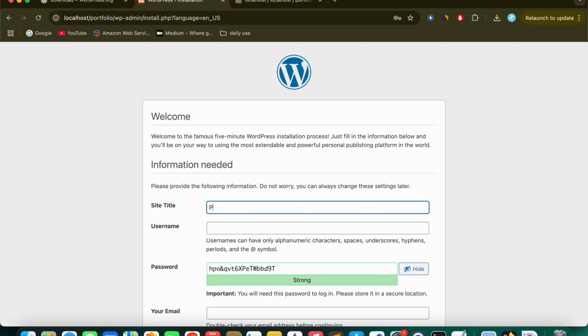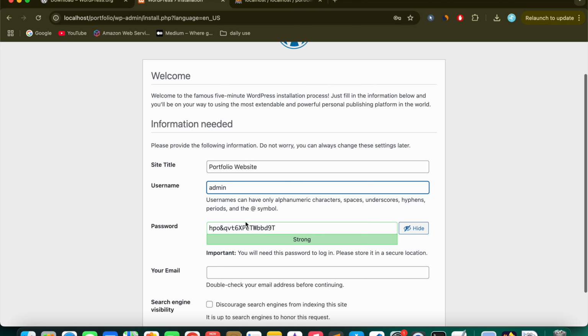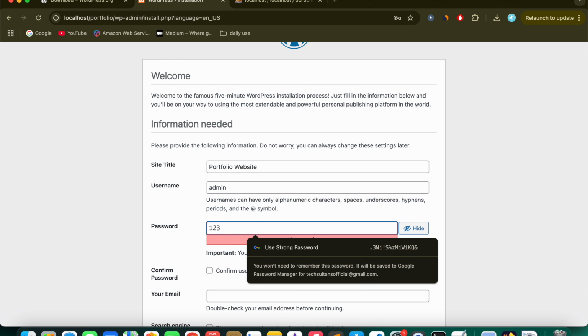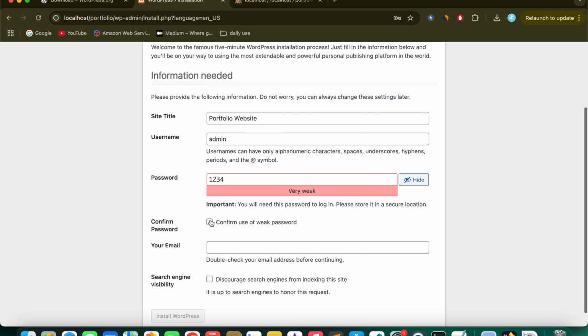So here we can give any kind of site title. Actually, we are giving the site name here. So I am giving portfolio website as the website name, and the username will be the login username for the admin dashboard. So here I can give admin, and for the password I am putting 1234, and I need to click on